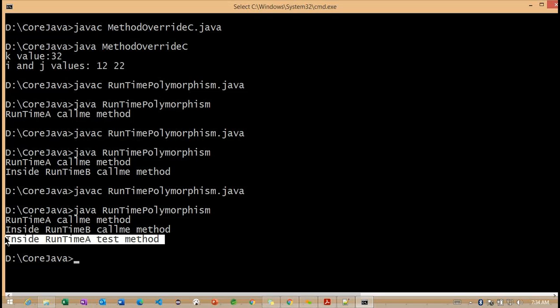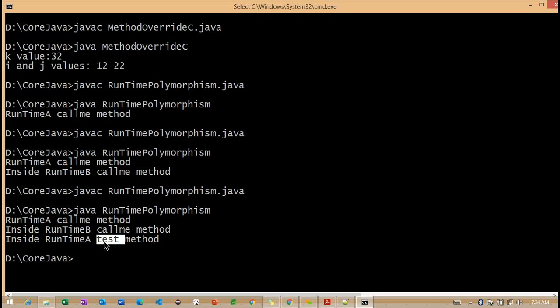Why? Basically, what will the compiler do? It will check inside the subclass; if it has this test method, it will execute the subclass test method. But here we do not have any test method in the subclass. So in the next step, the compiler will move on to the superclass, and the superclass test method is going to execute.